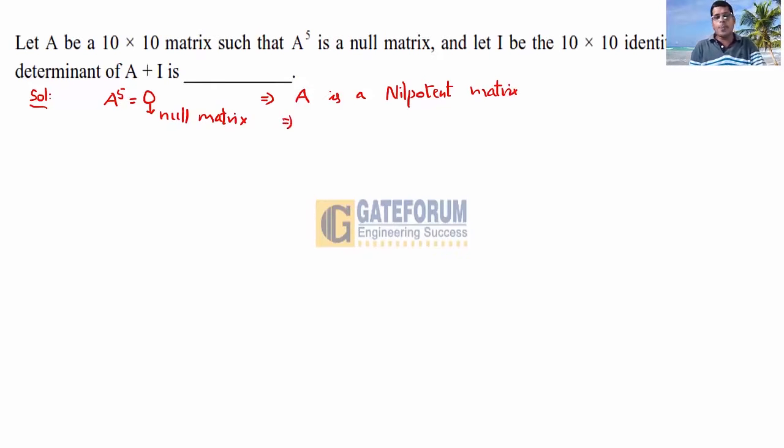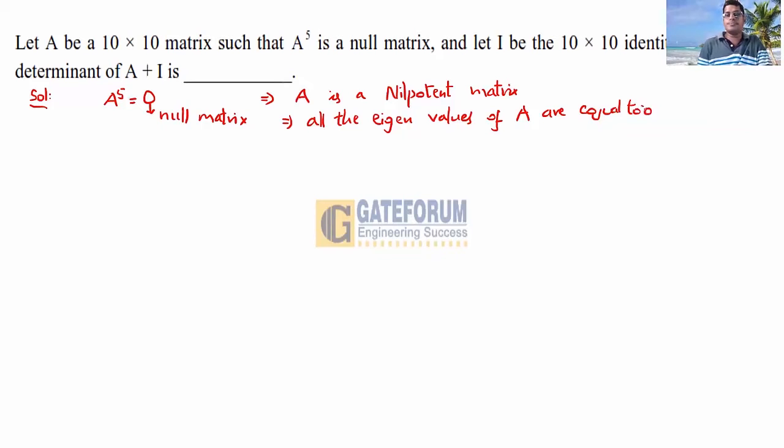Implies, according to the properties of eigenvalues, all the eigenvalues of a nilpotent matrix are equal to 0. All the eigenvalues of A are equal to 0. Okay. Now,